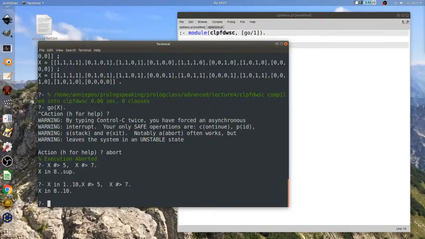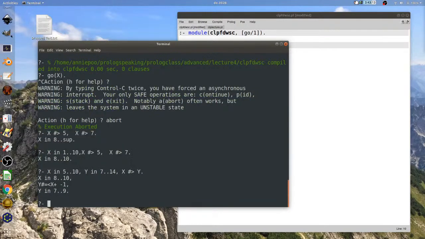And, you know, CLPFD is very clever about this. Let's go back all the way to this one that we started with, and notice that it cleverly realizes that y must actually be 1 less than x.